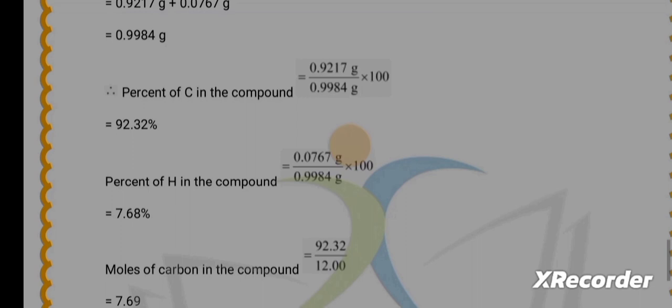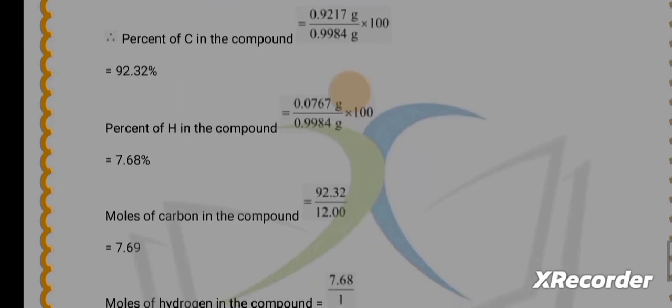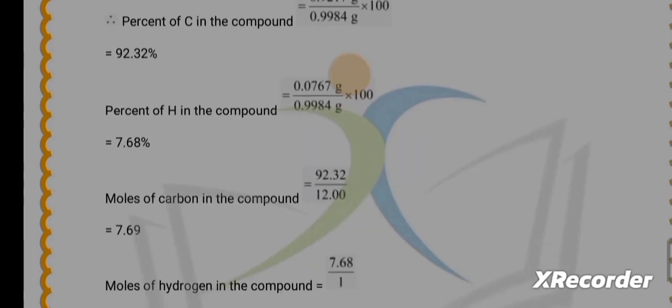Now the percentage of carbon in the compound can be calculated by 0.9217 divided by 0.9984 gram multiplied by 100, and it comes out to be 92.32%. Same here we can calculate the percentage of hydrogen: 0.0767 divided by the total mass of the compound, that is 0.998, multiplied by 100, and you will get 7.68%. Now after solving the percentage of each element, in the third step we have to solve the moles, and